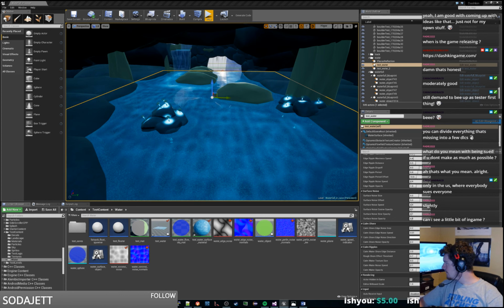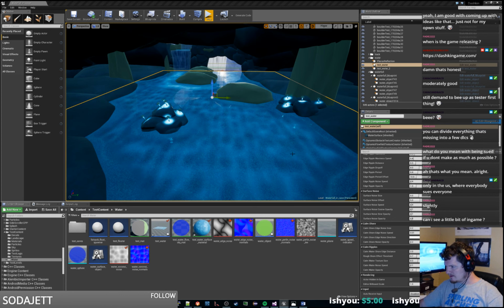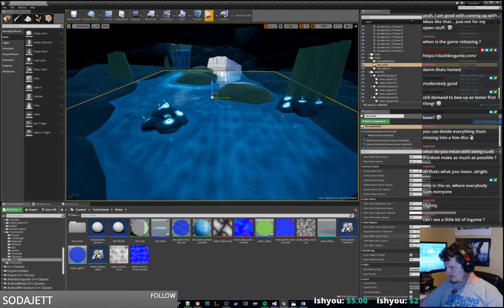It's 0.4. And I think the surface ripples here are probably